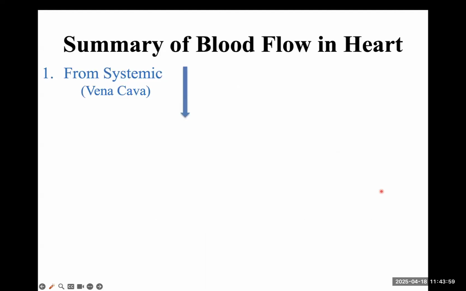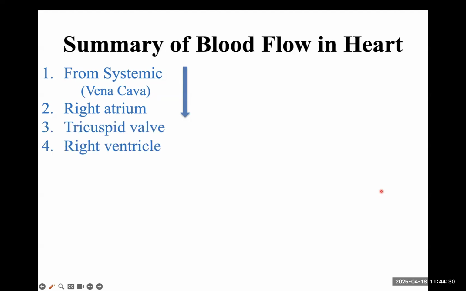Okay, now what we know is what's causing the contractions. So let's go back to the blood flow. We said that you start off with this big tube called the superior vena cava. That's going to send the blue blood. We have superior vena cava and inferior vena cava. So vena cava is going to send the blue blood, and that's the deoxygenated blood. And after the muscles have used up all oxygen, it's blue. It goes into the right atrium, and it goes past the tricuspid valve, then goes to the right ventricle, and